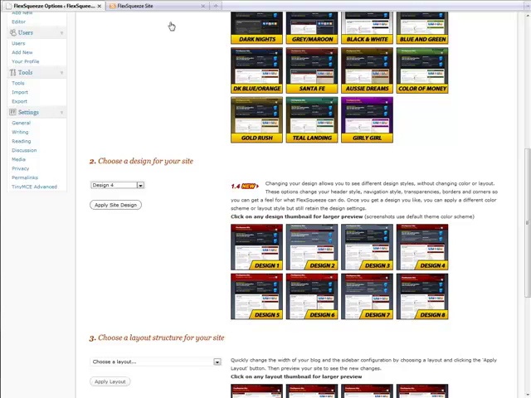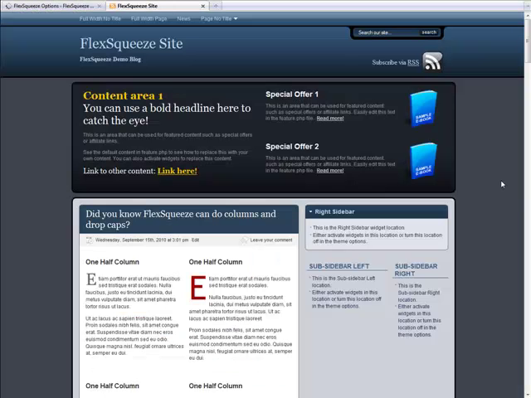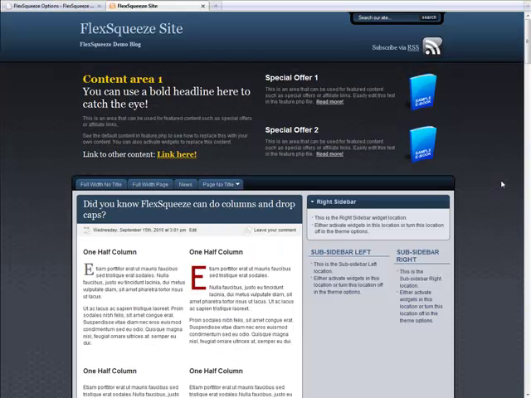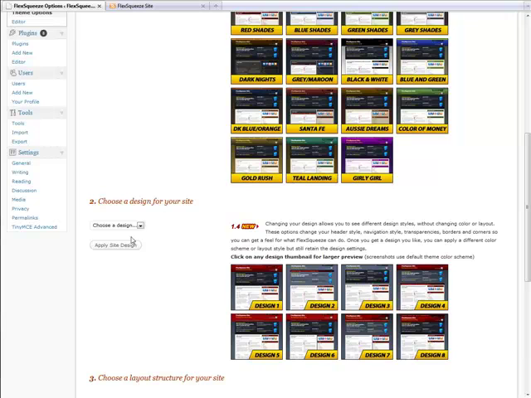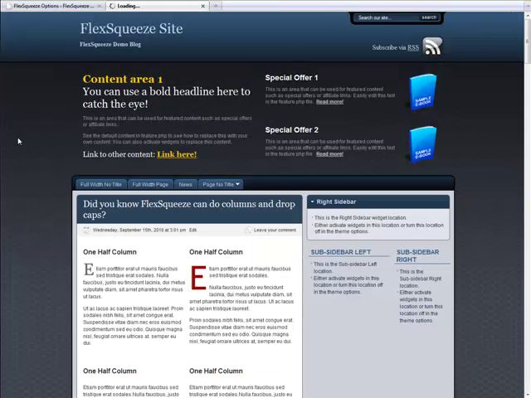And let's try design 4, see what that looks like. Refresh. There's design 4. You can see it now has a background image gradient in the background. The navigation's been moved below the feature area, and the header is still a full width header. And let's do one more. Let's do design 7. Apply that and refresh,